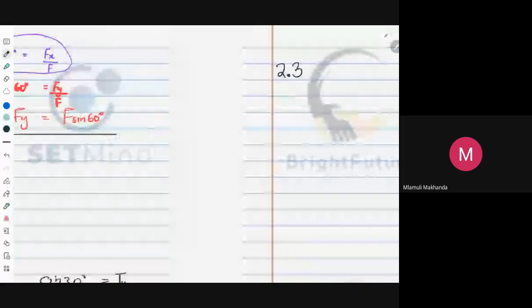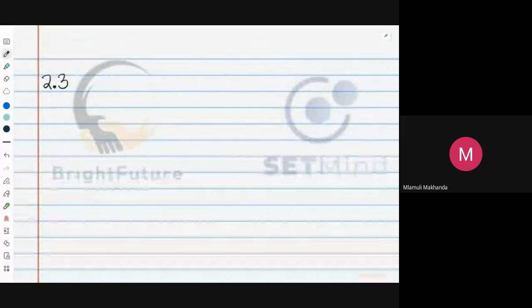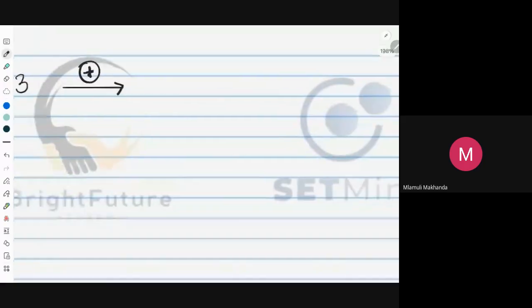Now, we are doing Rx for 2.3. So what does it mean? It means we choose the directions. Remember what I said? You can either write it in words, like saying upwards is positive, or you can use a symbol, like what I like to do. In this case, we are in the X, so I'll say right is positive because I'm avoiding writing English, okay? I don't like too much English from physics. So we can then say the sum of Rx is Fx